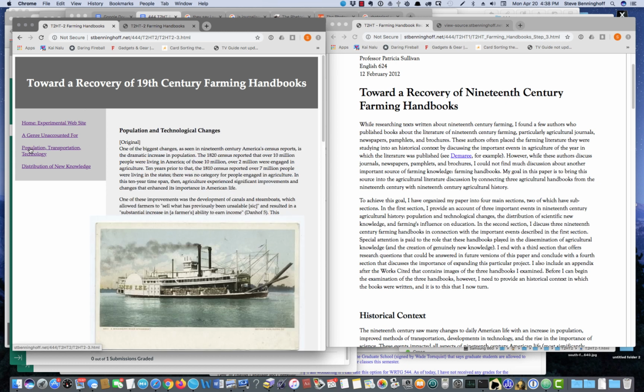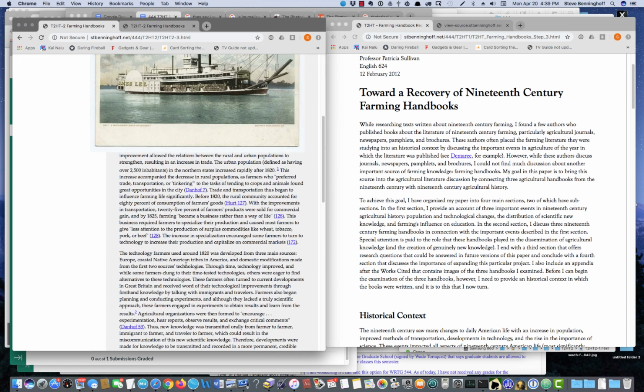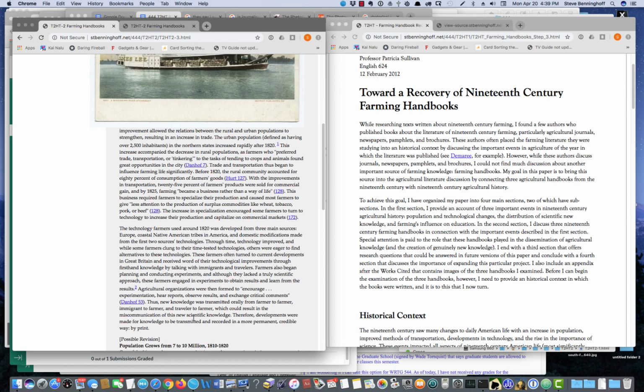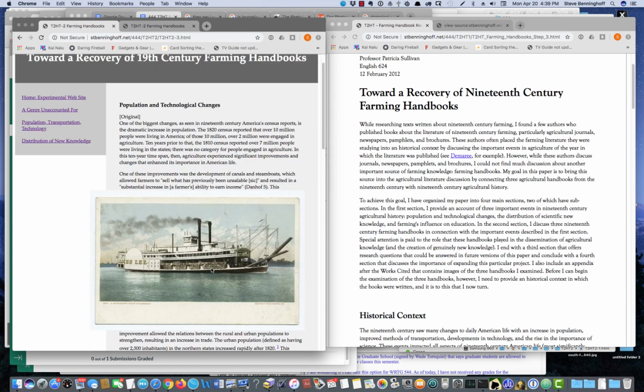But if we switch to this next page, here's the population and technological changes, and here's the original part of this, and you've got 1, 2, 3 paragraphs, a fair amount of chunk, and I just threw this picture in there just to make it look a little nice, but